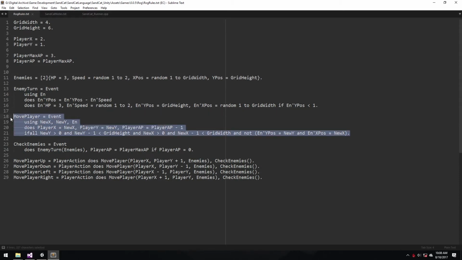So we just added, it's pretty much the same as I had written last time, but I moved the enemy turn into its own event. But I added automatic iteration for this. So now the player only moves if all of these ifs are true. Yeah, so anyways, let's keep going. So now